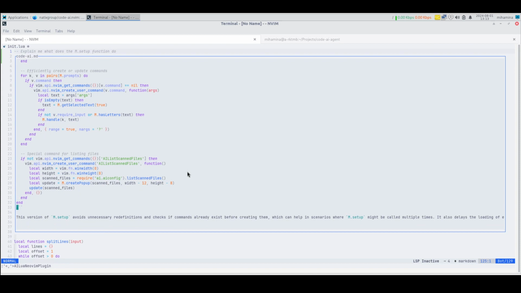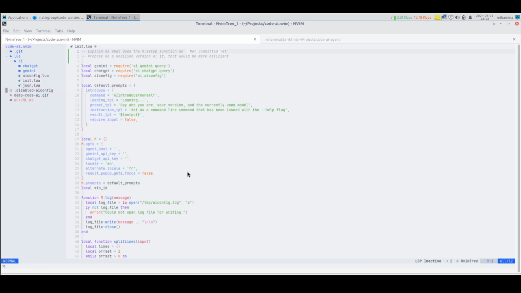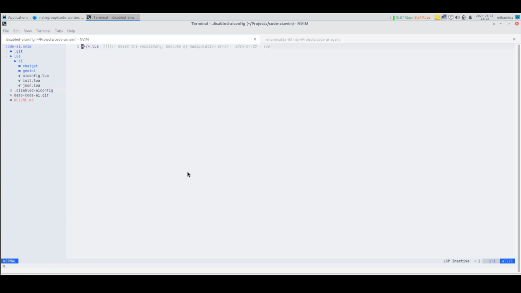So this is the first usage of the plugin with simple text. Now I have also extended it in order to give context. For example, if I use the .ai config file, let's open it. So here I have an AI config file with glob patterns. With this configuration, I'm going to instruct the plugin to provide all Lua files as context